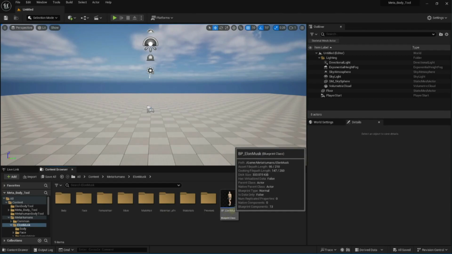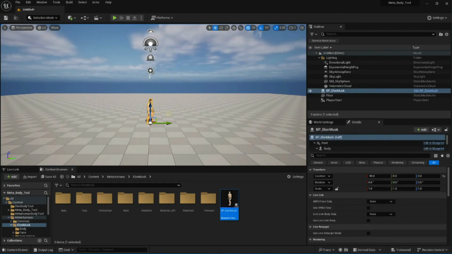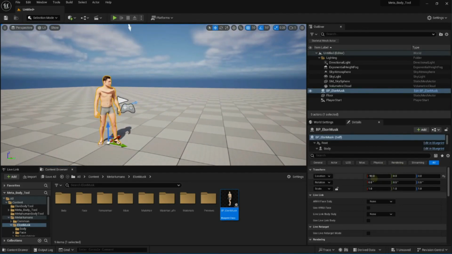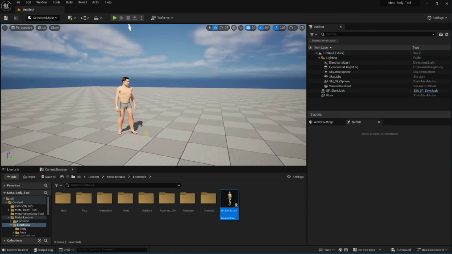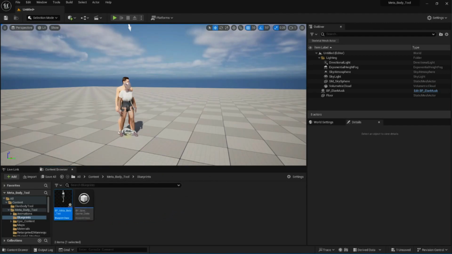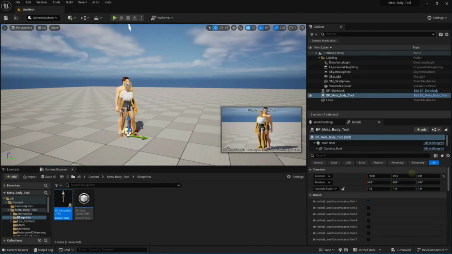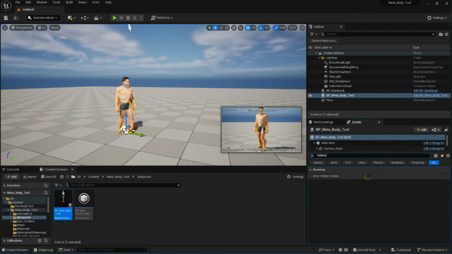Let's open up Elon Musk. Let's drag and drop Elon Musk into the level. Position, location, right, 0 0 0. Choose the player start, delete it. Go to Meta Body Tool again. Under Blueprints, click and drag Meta Body Tool into the level. This must be here. If you don't add this, this tool will not work. So position 0 0. Type hidden. Click on Actor Hidden in Game